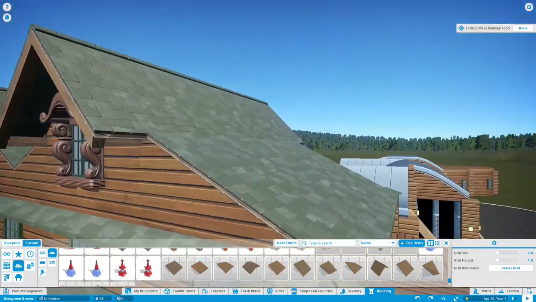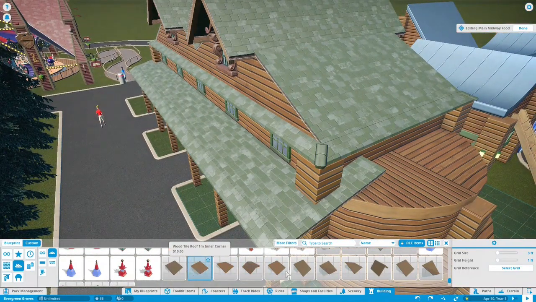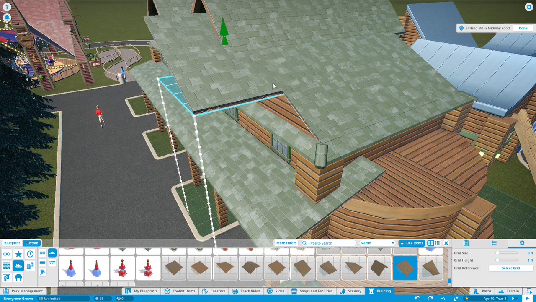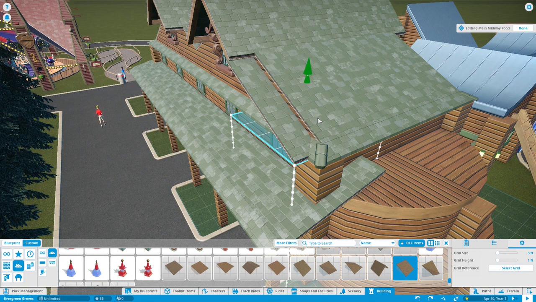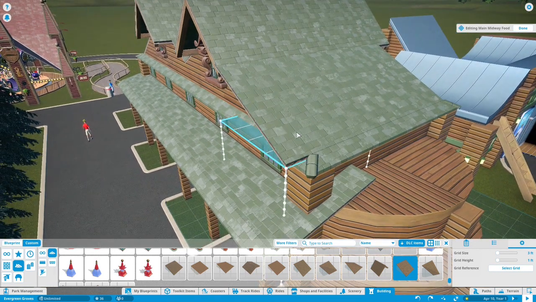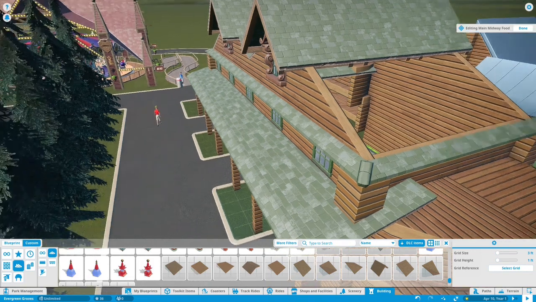Let's just see one more thing. Can I pull the... I think it's the 2-meter slope that I want. Yeah, it's that slope. Oh yeah, so that's the piece, and then the eave comes off the end. Well, now if I use that piece...